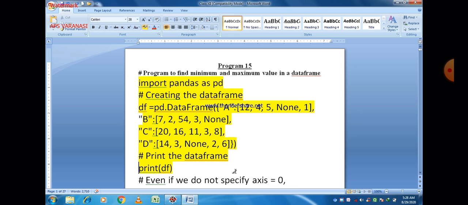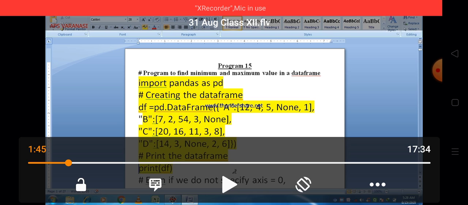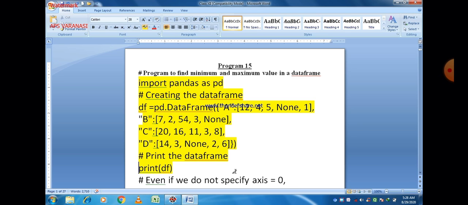So this is the creation of a data frame using a dictionary, and for that purpose we use a method named DataFrame, which belongs to the pandas library. We write pd.DataFrame, because pd is the alternative name given to the pandas library. We assign it to a variable df, the name of the data frame, and using a dictionary we insert the elements into the data frame.